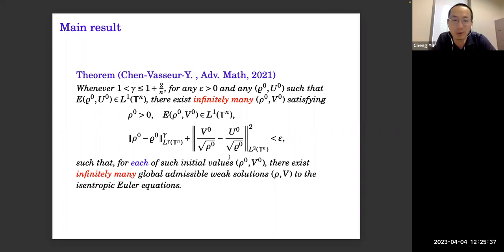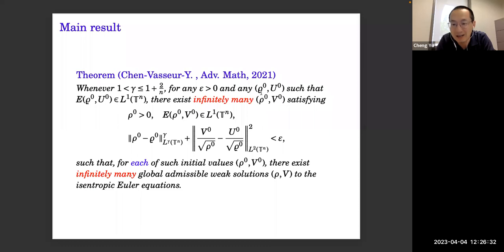So we need to restrict gamma to be greater than 1 and less than or equal to 1 plus 2 over n. Here n is the dimension. That means when we are in 2 dimensions, gamma needs to be less than or equal to 2. When we are in 3 dimensions, gamma needs to be less than or equal to 5/3. So for any given initial data rho 0, U0, if the initial energy is finite, which means this E is in L1, then there exist infinitely many rho 0, V0 such that rho 0, V0 satisfies this kind of restriction, which means